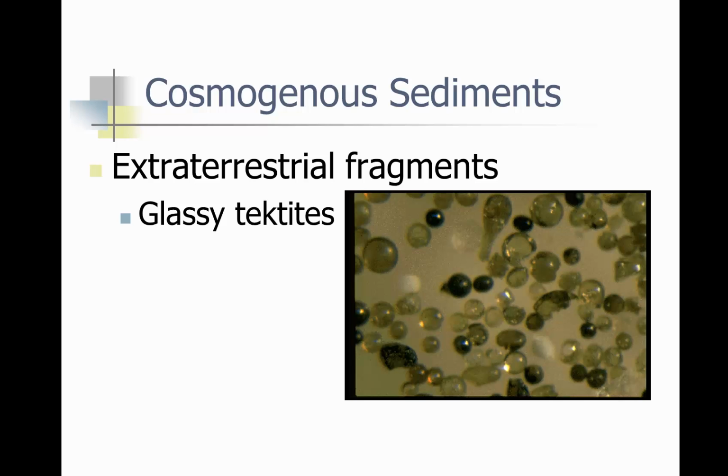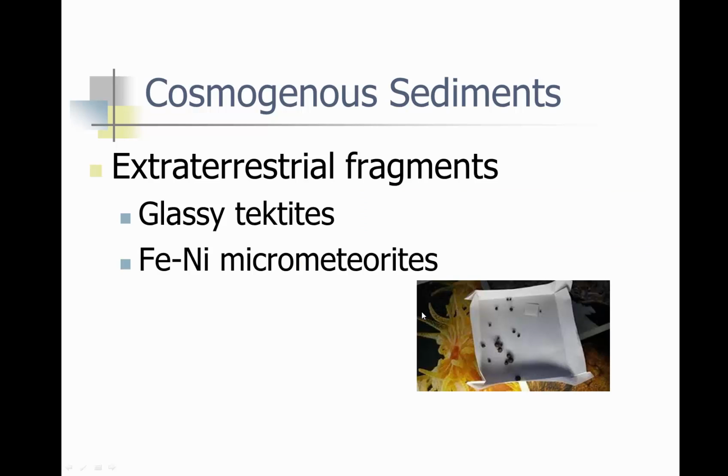They're called glassy tektites. Tektites are just small little objects that are actually coming from space. They're also called ferronickel micrometeorites. So you can see them in this container. If you ever go to the asteroid remnants right outside Flagstaff, Arizona, Barringer Crater, they'll take you